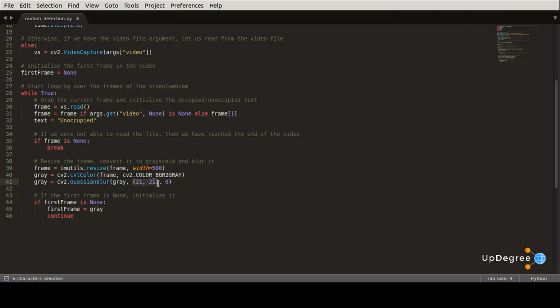As I've already mentioned, we need to model the background of our image somehow. Again, we'll make the assumption that the first frame of the video stream contains no motion and is a good example of what our background looks like. If the first frame is not initialized, we'll store it for reference and continue on to processing the next frame of the video stream. The above frame satisfies the assumption that the first frame of the video is simply the static background. That means no motion is taking place.